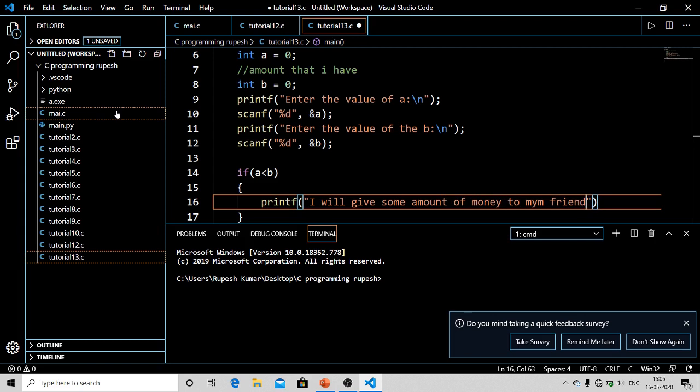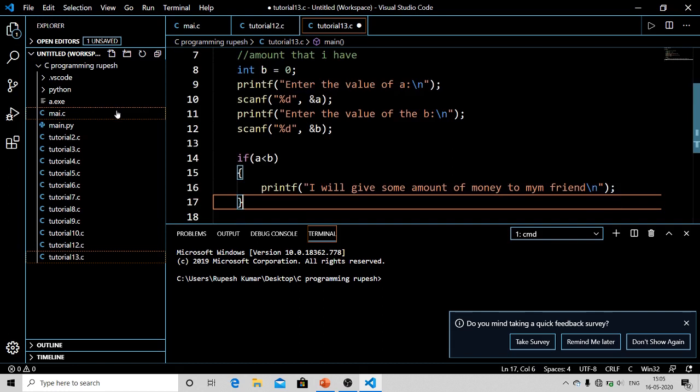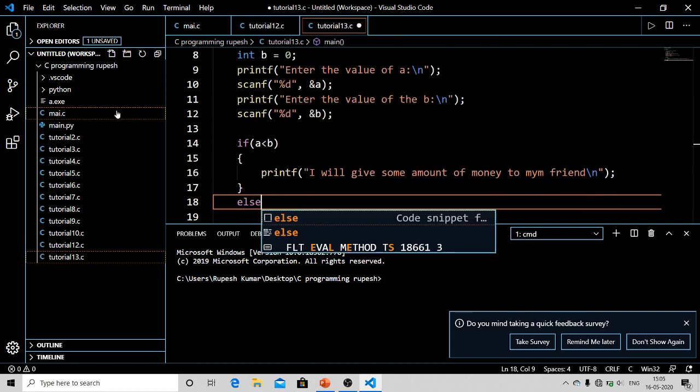Then I will put a new line character, and if this condition does not hold true, then what I will do,